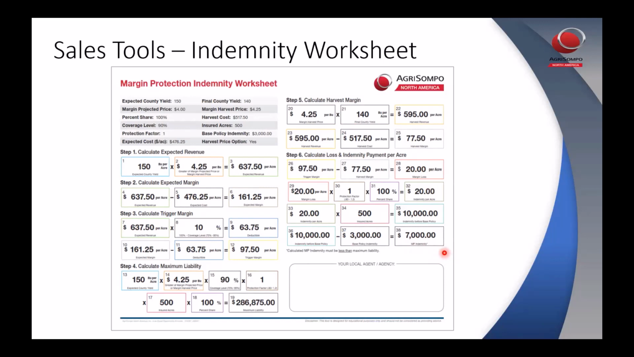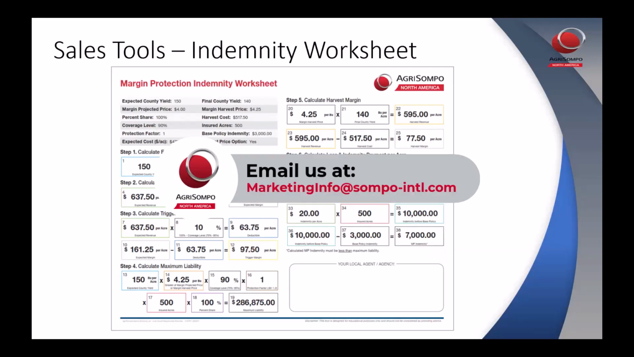Now, one thing to check with your agent is sometimes if you have an underlying base policy, there is an offset as far as indemnity. So your margin protection could be reduced by, for example, a revenue protection indemnity if you would have an individual loss with your base policy. So keep that in mind. But overall, it's pretty straightforward math. And these, as Brooke said, these worksheets are widely available. We distribute them to our agents. Yeah, sometimes all the components and the busyness of this can be a little scary. It's not when you break it down. There are some great sites